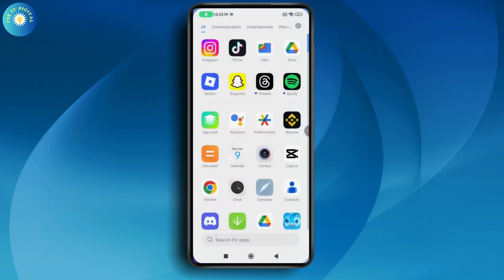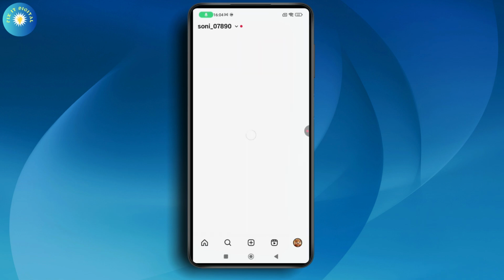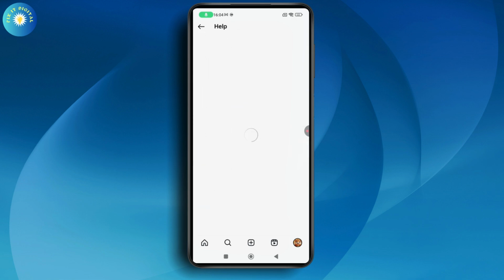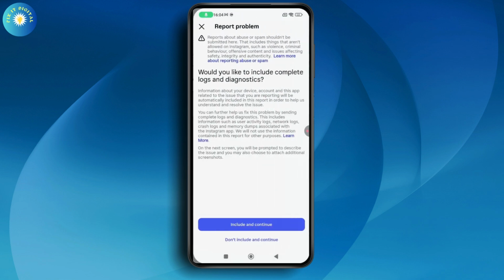The second method is to open up your Instagram. After opening, go to your profile, which is on the bottom right, and then go to the top right, which has the three horizontal lines. Now you need to scroll all the way down and you will have Help. Tap on Help. Under Help, tap on Report a problem, and tap on Report problem without shaking, and tap on